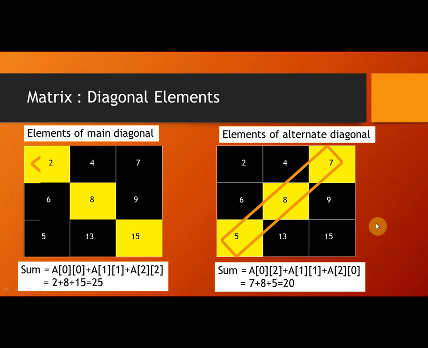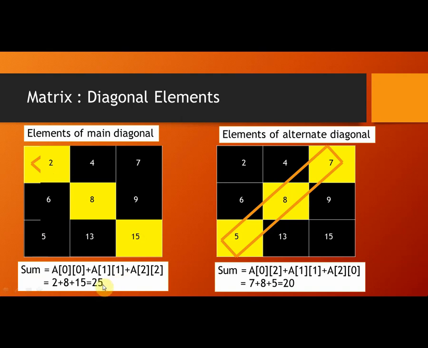The first kind of operation you could do using a two-dimensional array would be adding the diagonal elements of a matrix. As you see in the left hand side example, 2, 8 and 15 are the diagonal elements. So you can perform the sum of the diagonal elements, and 2 plus 8 plus 15 will give me a result of 25.